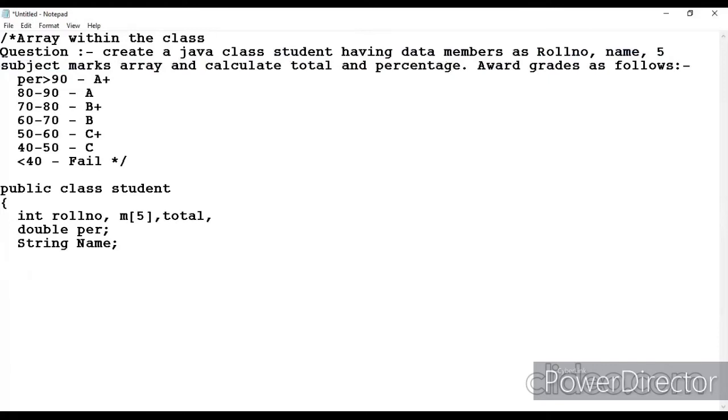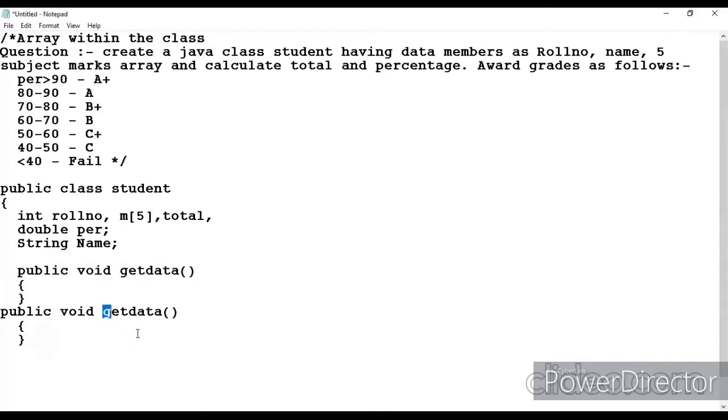So now what we have to do is first create a public void get data function. I am first creating a blueprint for the class: get data and put data for inputting and outputting the information.